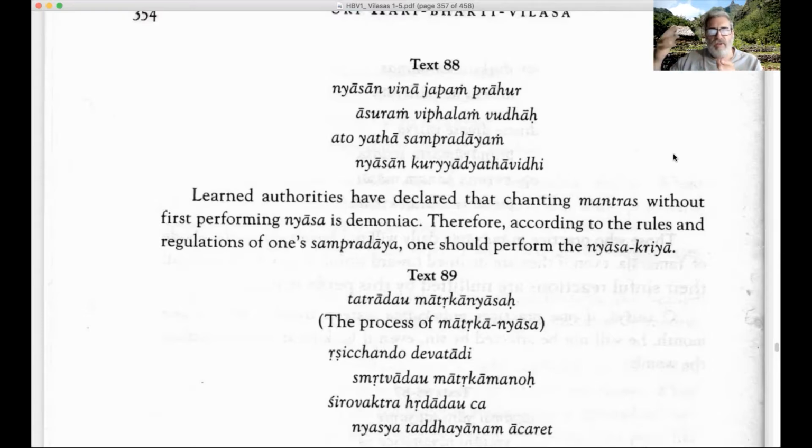And then, according to our acharyas and our spiritual teachers, they can tell us which parts we can use and which parts we don't have to use. But here, there's a very clear pramana that Gopal Bhatta is saying that without the nyasa, especially the mantra nyasa, which comes before a mantra, there's a difference between mantra nyasa and these other types of nyasas where we touch different parts of the body.